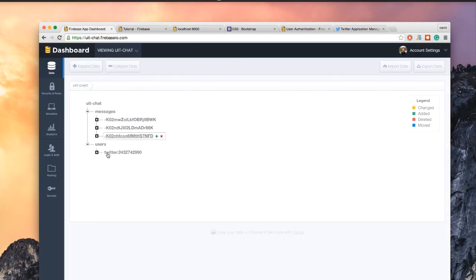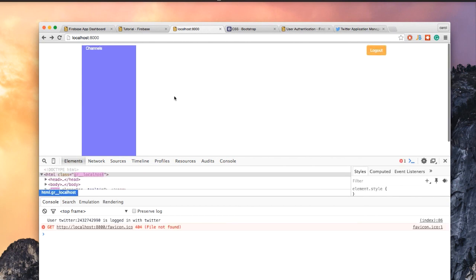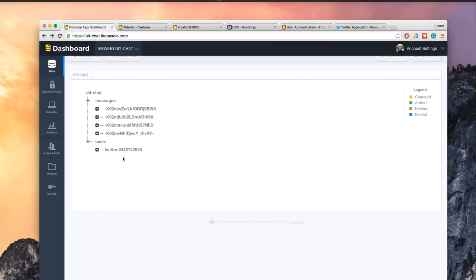Then when we press refresh, we can see that the user ID is saved under the Twitter account. And if I type something and refresh again, then I'm getting both of these saved under the Twitter account. So now we're going to go and fix